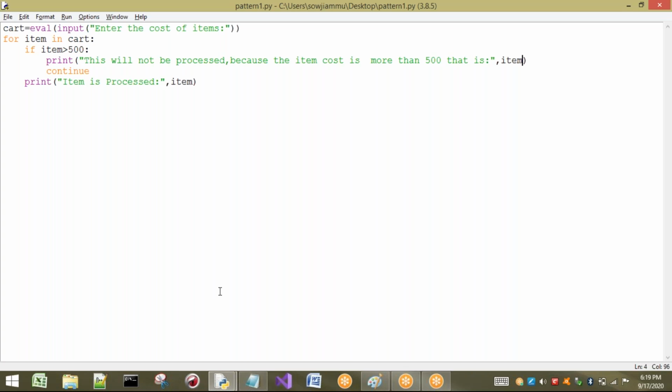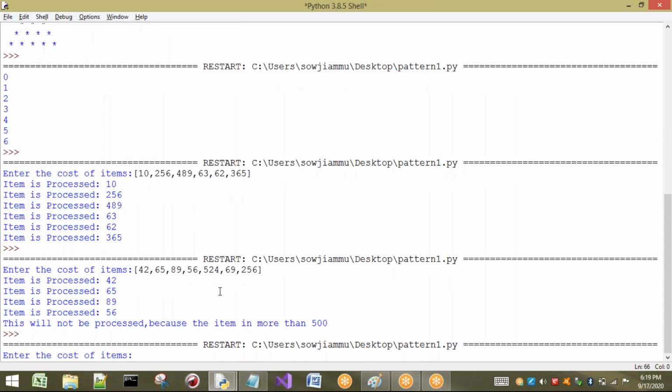Now you can understand clearly. I will take a list of items here, the same values: 42, 65, 89, 56, 524. Here, except 524, all remaining should be processed.